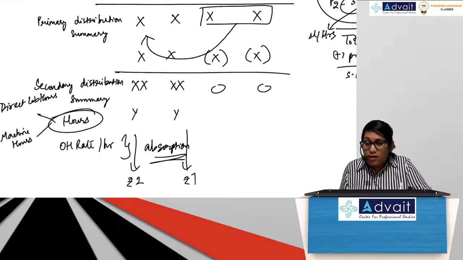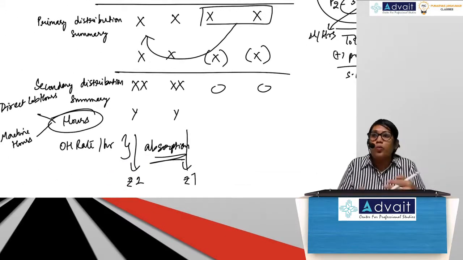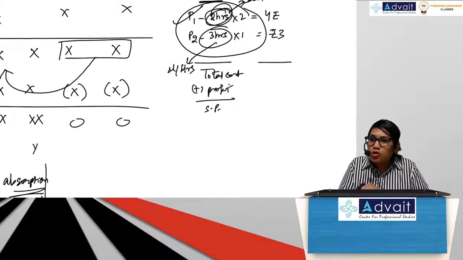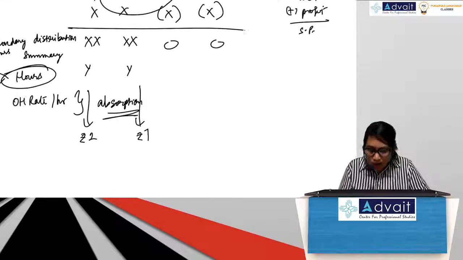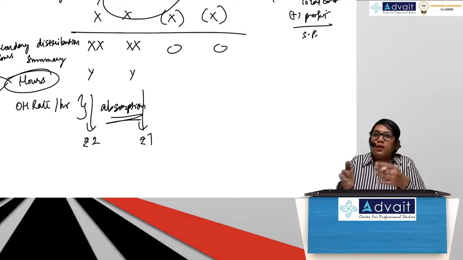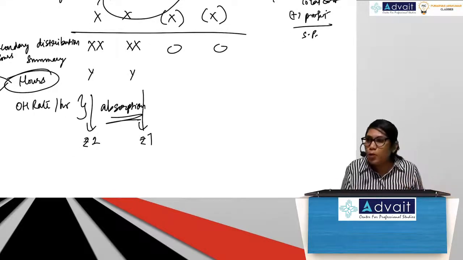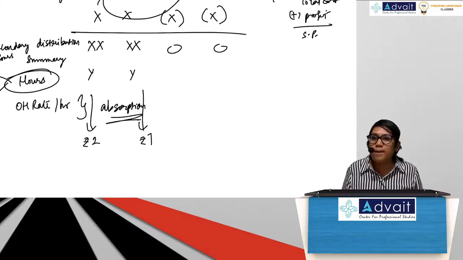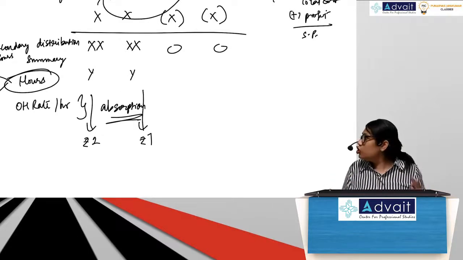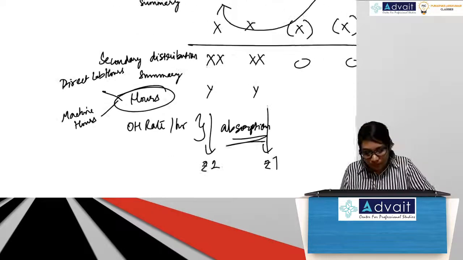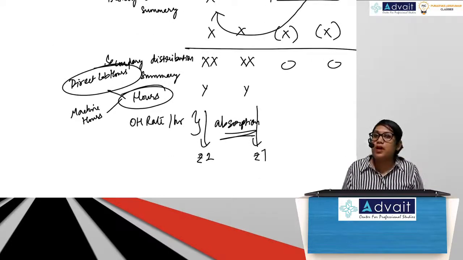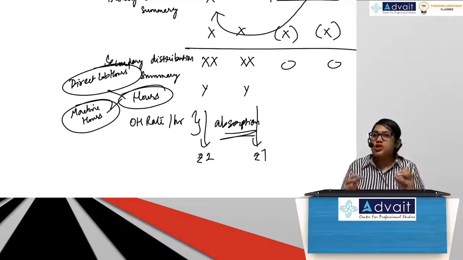And in department P2, we have machine hours here. So you will calculate your overhead rate on the basis of machine hours. So you absorb on the basis of machine hours. So it varies from problem to problem. Okay? So usually in our overheads problems, we either use direct labor hours or we use machine hours.